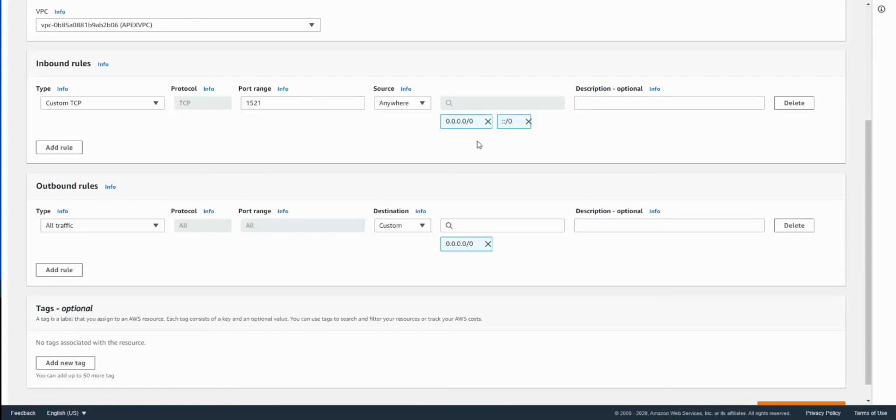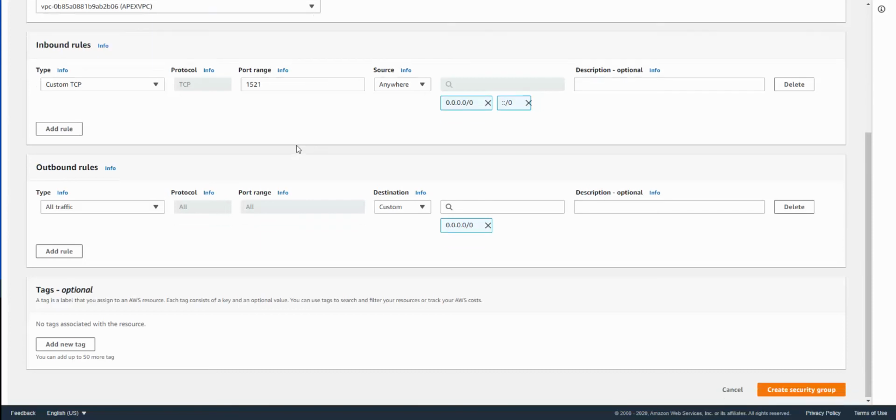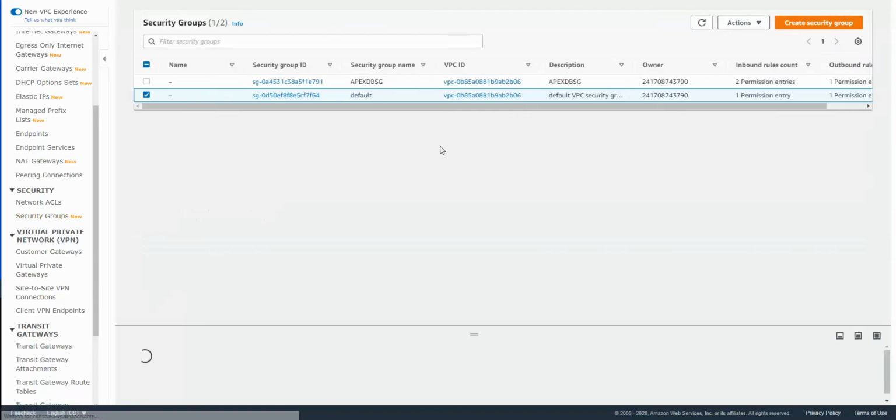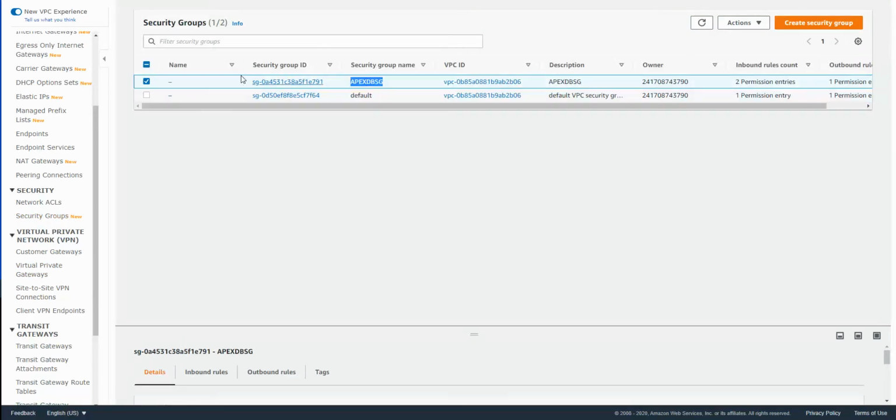The reason is we need to make sure that the database which we are going to provision is properly provisioned or not, and also we need to execute some procedures or grants scripts. So that's the reason I'm allowing it to connect from the internet for the setup purpose itself, but eventually we'll restrict it to only the app servers. Okay, create the security group. The first one is created.